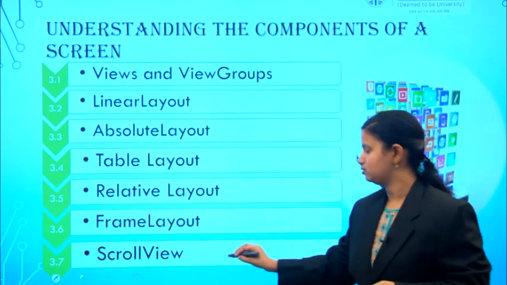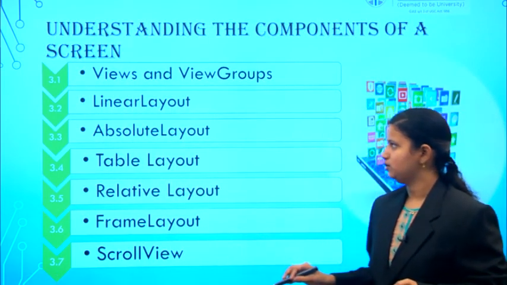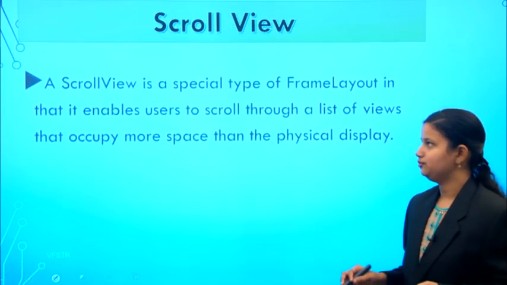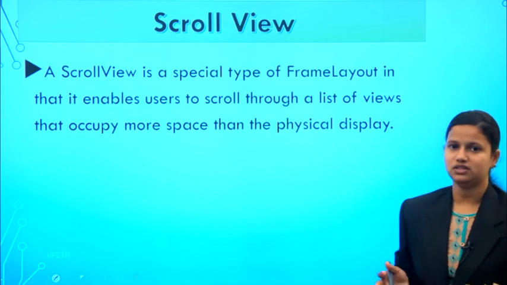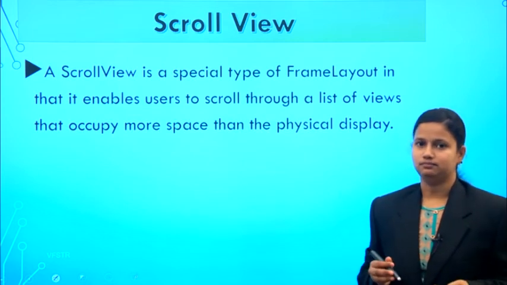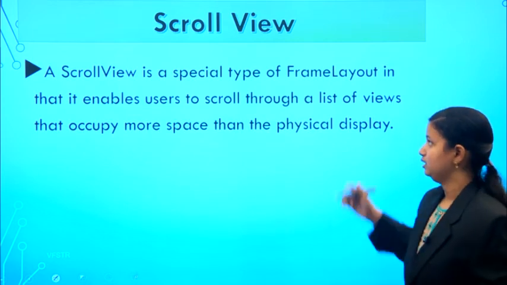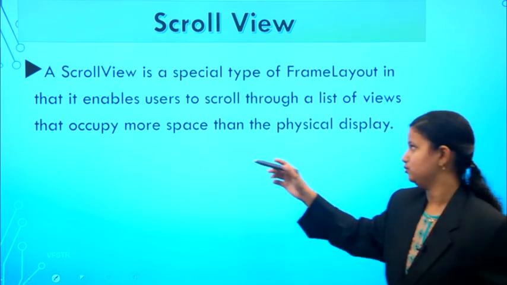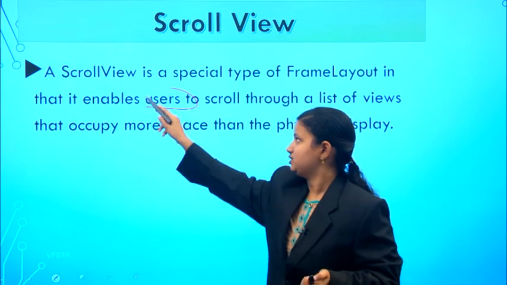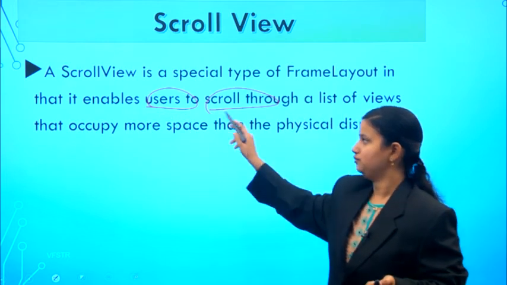The next thing is the scroll view. The scroll view is a special type of frame layout. Its use is that it enables users to scroll through the views.